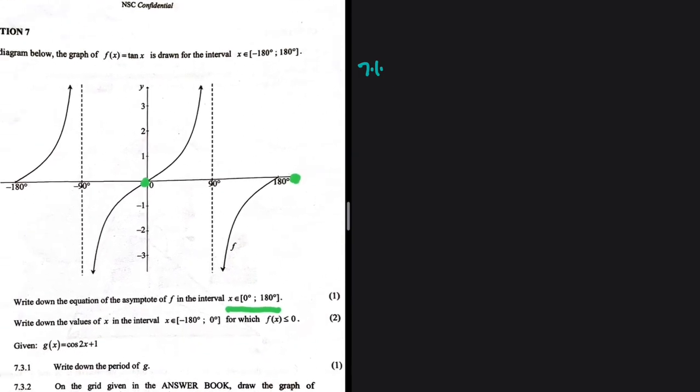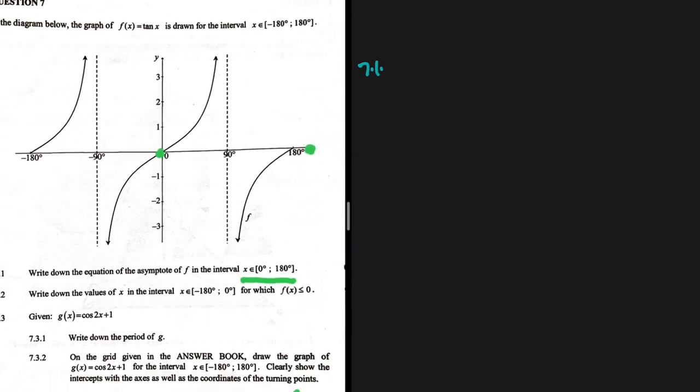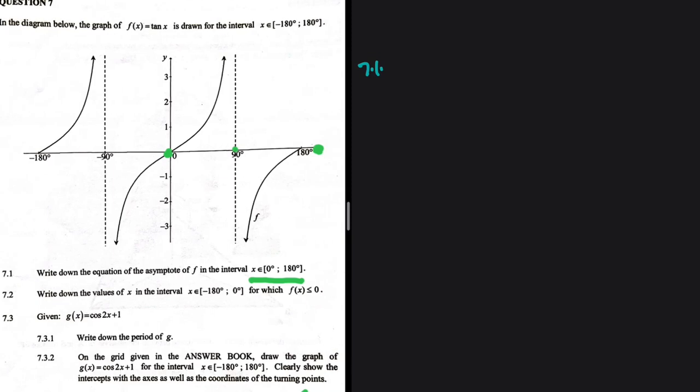So we can see that between 0 and 180, we have an asymptote at x equals 90. So the answer to 7.1 is x equals 90. You might think it's not a big deal, but I can assure you there's somebody else who took minus 90, right? They forget to only focus on the interval that is given. But anyway, let's take a look at